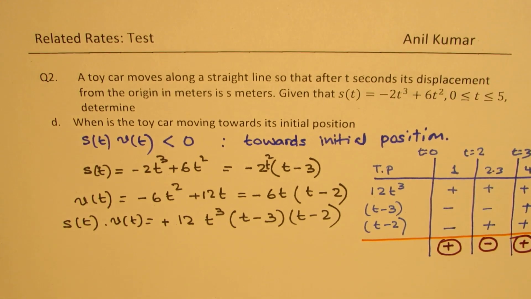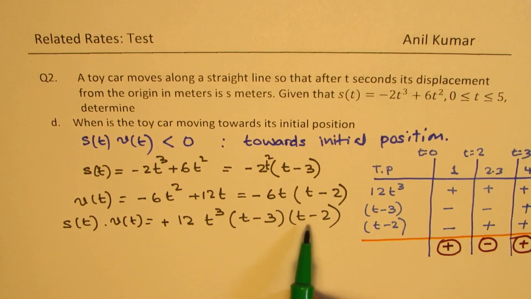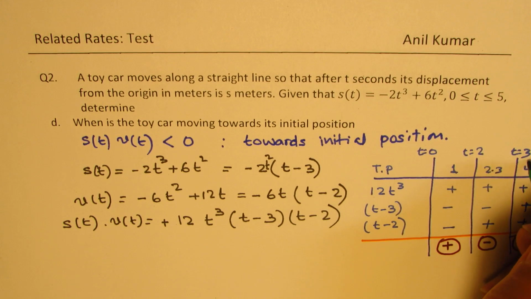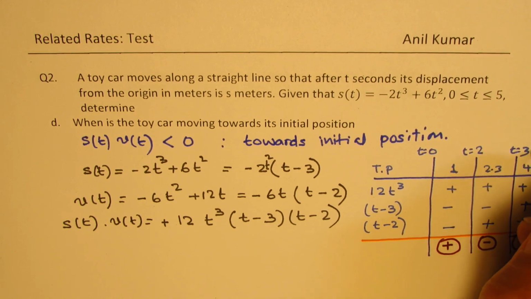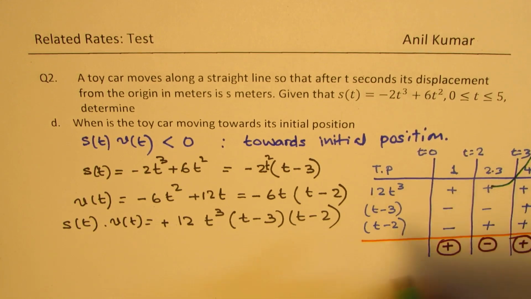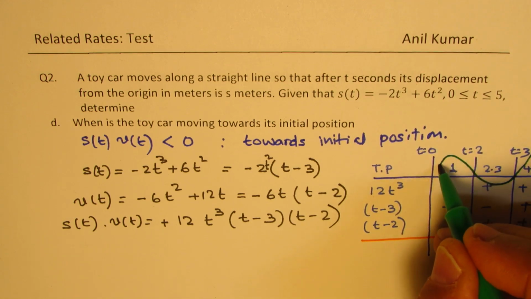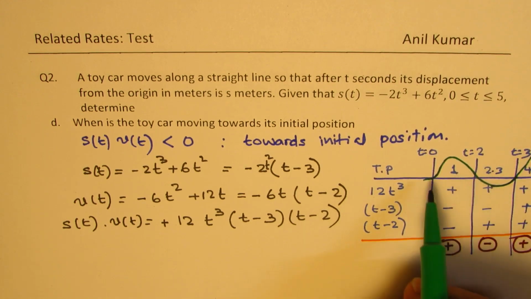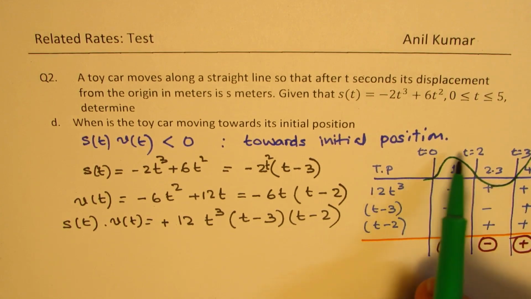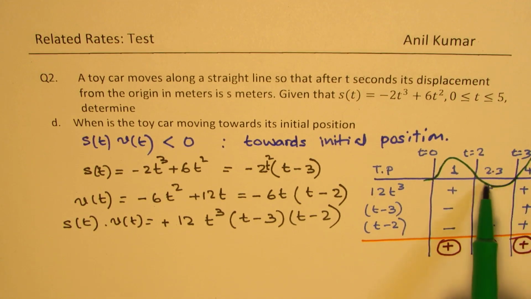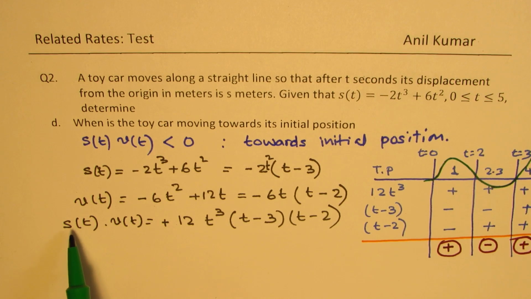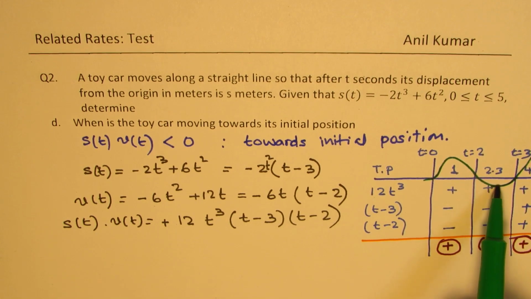Correct? Now it's a cubic function. Some of you could have drawn a graph also. The leading coefficient here is positive, so the graph will be going through these zeros, right? These are like zeros, correct? So we have a zero which is kind of like this. Is that okay? Now this is cubic, right? So this will be kind of like this. So that is how we have, and that is the interval where the product of displacement and velocity is negative, and